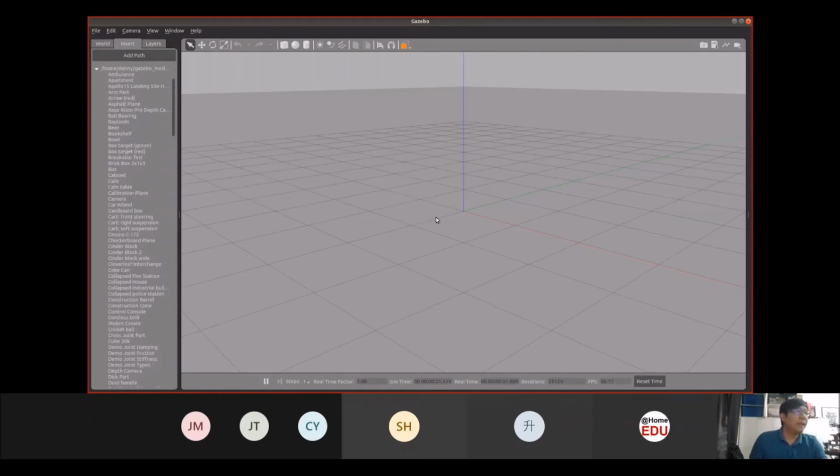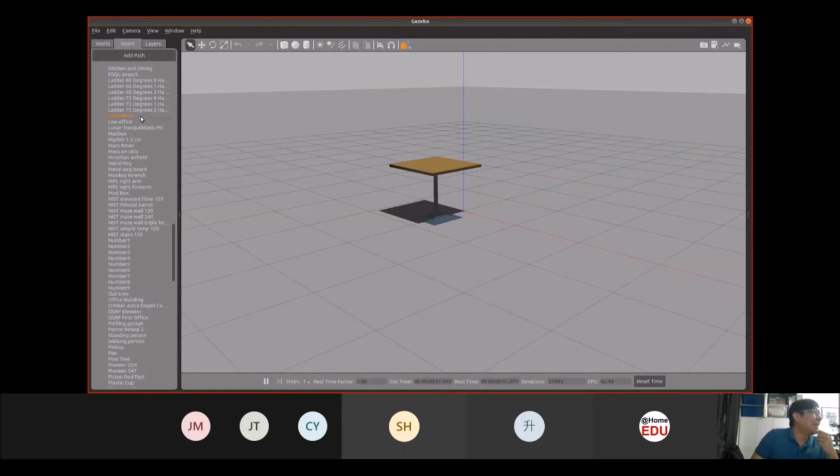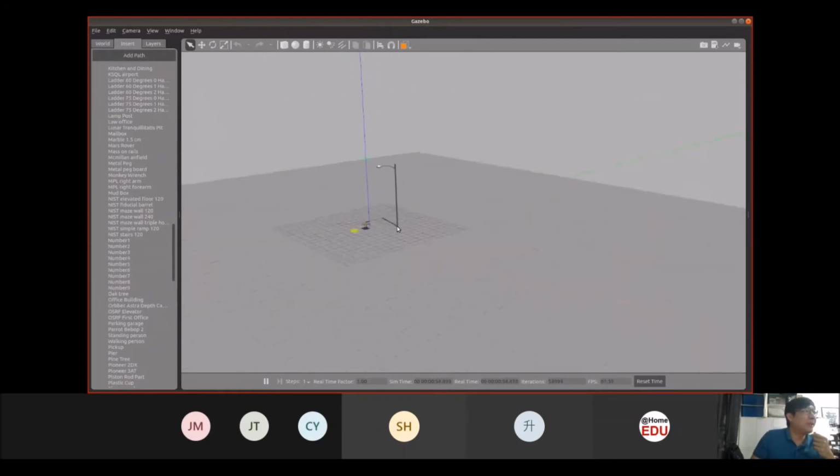A coffee table maybe. Okay, there's not much things for your room. But anyhow, you can actually get a lot of pre-built objects that you can use.